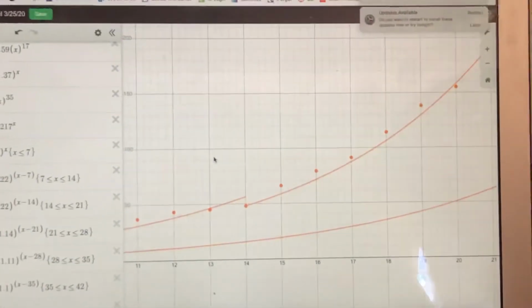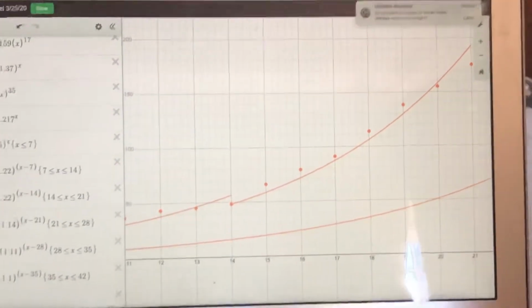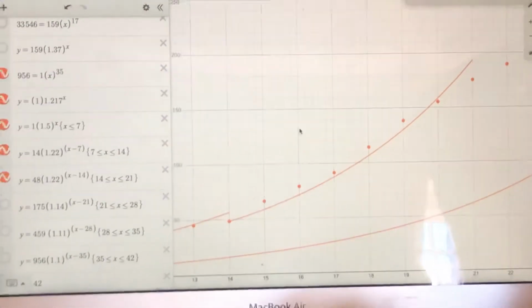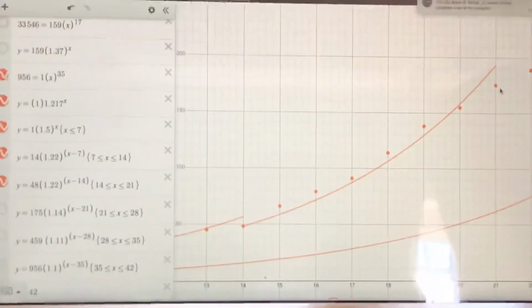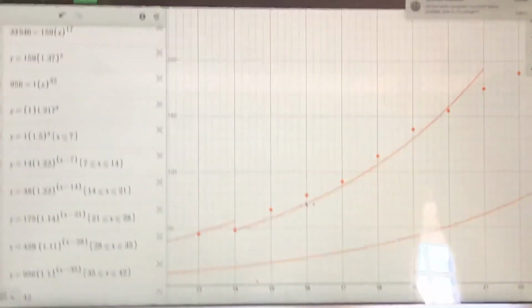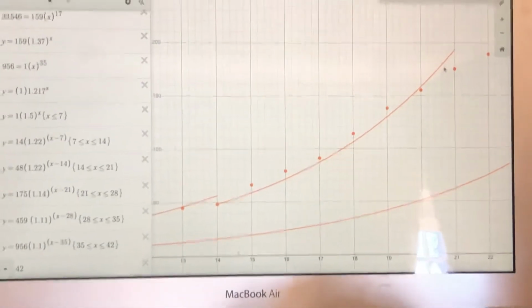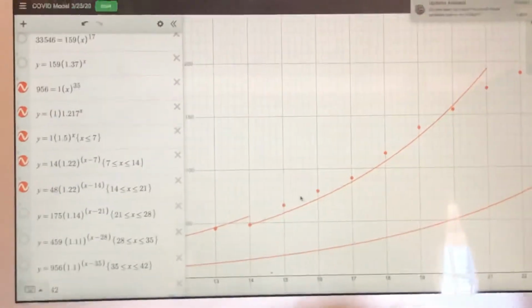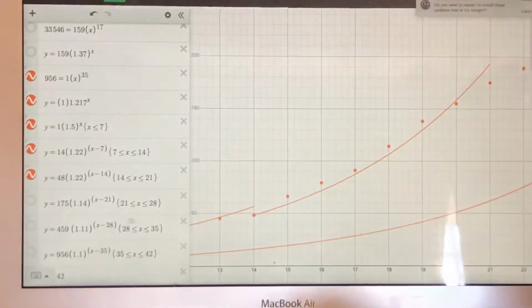What I would say is that it seems like in these 2 weeks we had approximately a 1.22 growth rate, which is a pretty steep growth rate. But it's always worse on the front end and better on the back end, which means even within this piece, there's a flattening tendency where it's less pronounced at the end and more pronounced at the beginning. We move into the next week.